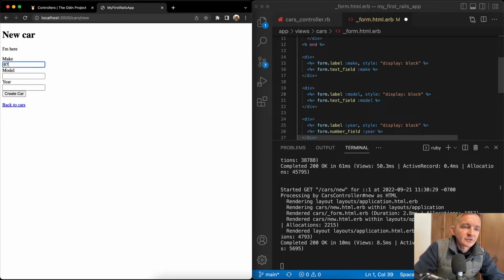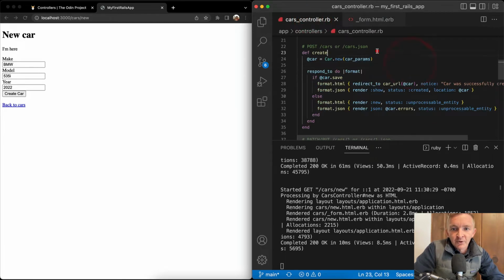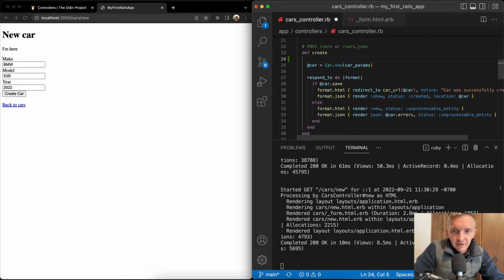So if we fill this out, let's do something different just because I don't want it to get confusing. Model 535, and then the year, 2022. Now, we know that we're in this controller right now, right? So what happens if we go back to the controller, we want to go to the create action. And so I'm going to put in here a